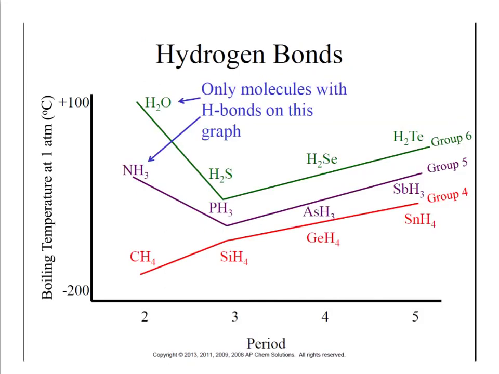So with this chart, we can see the power that hydrogen bonds have on boiling points. So something like water molecules that have hydrogen bonds are going to have relatively higher boiling points than other molecules, like methane. Methane that has no intermolecular forces is going to have a boiling point less than 0 in the negative range. Ammonia, which is going to have hydrogen bonds, is going to have a high boiling point as well. And even though ammonia and water both have hydrogen bonds,